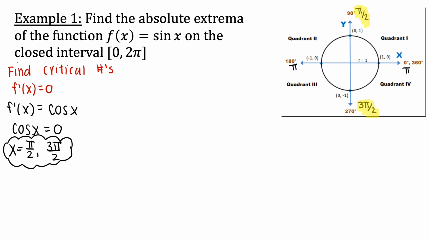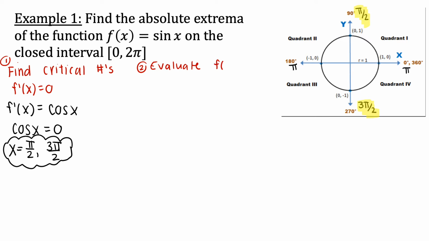That's the same. Now this is where it changes for a closed interval, because now we know that those extrema are either going to occur at the critical numbers or at the endpoint. So all we have to do now is actually evaluate the original function and see where we have our largest value and where we have our smallest value. So to do that, we're going to create a table and we're going to evaluate. So this was step 1. Step 2, we're going to evaluate